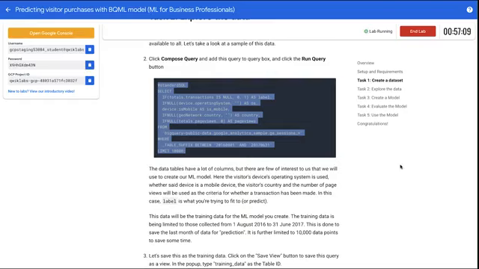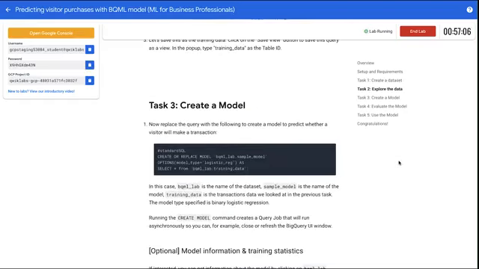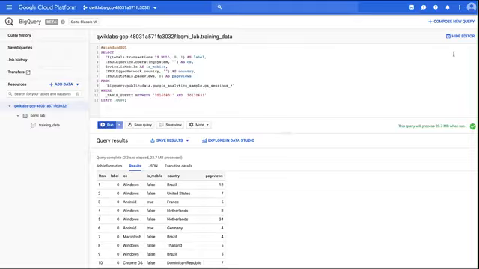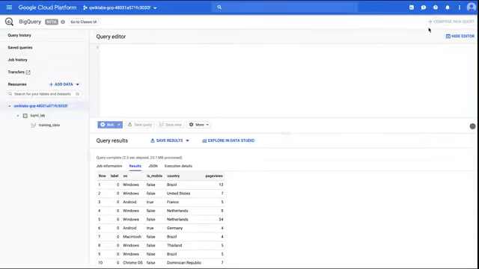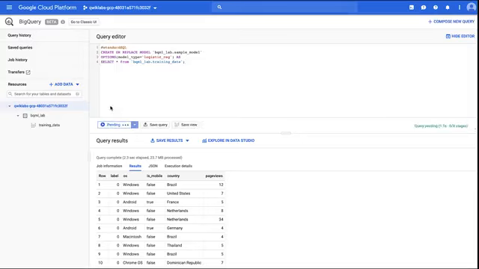Now we're ready to create a new model. So our first machine learning model in BigQuery using BigQuery ML. And to do that, if we go back to the query editor, click that button called Compose a New Query. So we start again from scratch. We'll create a new query. So I'll just paste this command. Let me hit run, and then I'll explain what it's doing.